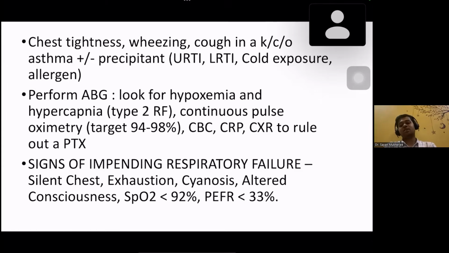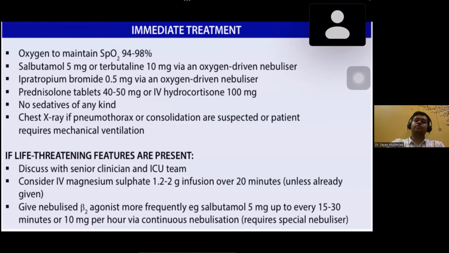These are just some signs that you need to remember in a patient of asthma exacerbation, which are indicative of a respiratory failure which is about to happen. So when you get such a patient, first thing, give him high flow oxygen. Give him a tight fitting mask and start oxygen at 94 to 98. Along with that oxygen, you give him